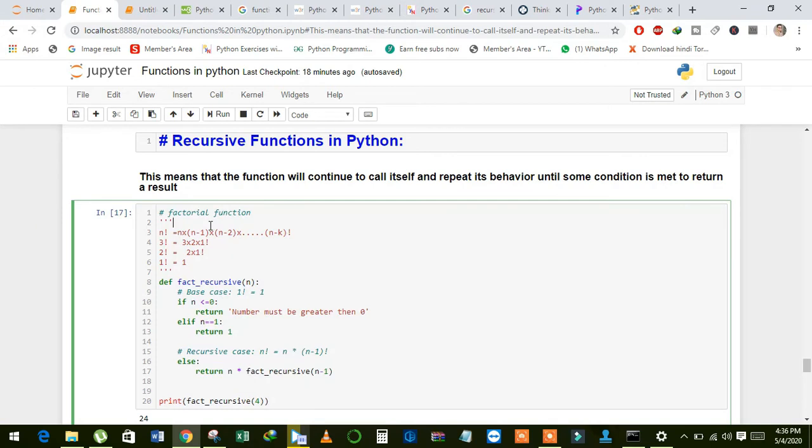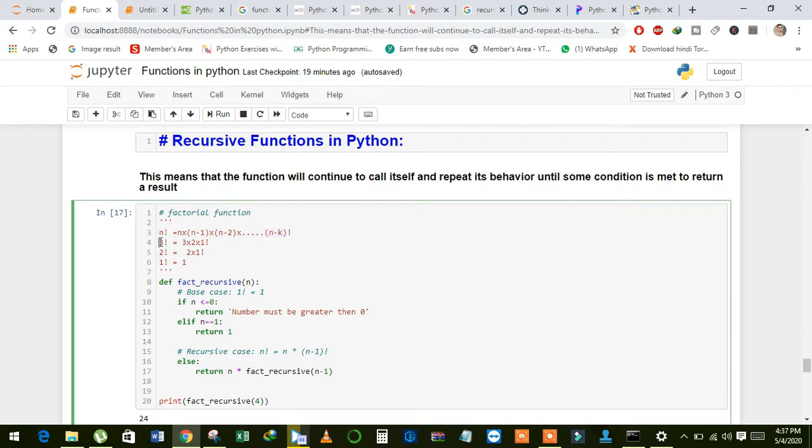Before discussing the recursive function of factorial, we will understand how the factorial function works. For example, we want to find the factorial of a number, which is n, and see here, this is the formula of finding the factorial. We multiply n, then decrement by 1, decrement by 1 again, and so on.